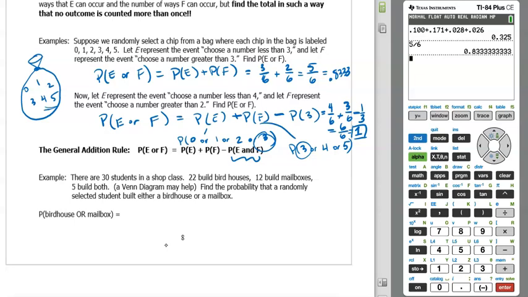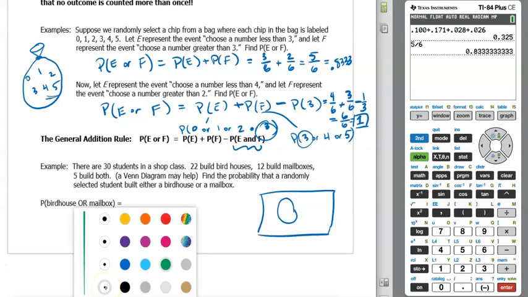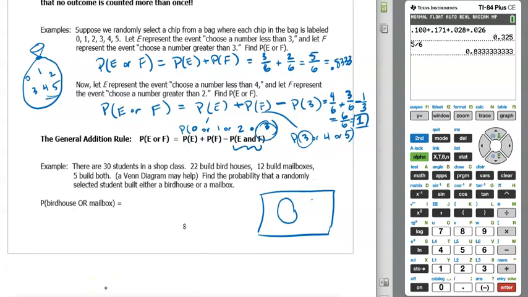We have that 22 built birdhouses. I'm going to draw all of the things that we could have built. So maybe somebody built a shelf or something. But anyways, there are 22 people who built birdhouses, so the area of this circle is 22. And then there were 12 people who built mailboxes, so the area of this circle is 12. But then we already know that 5 people built both, and so there's this area in between,